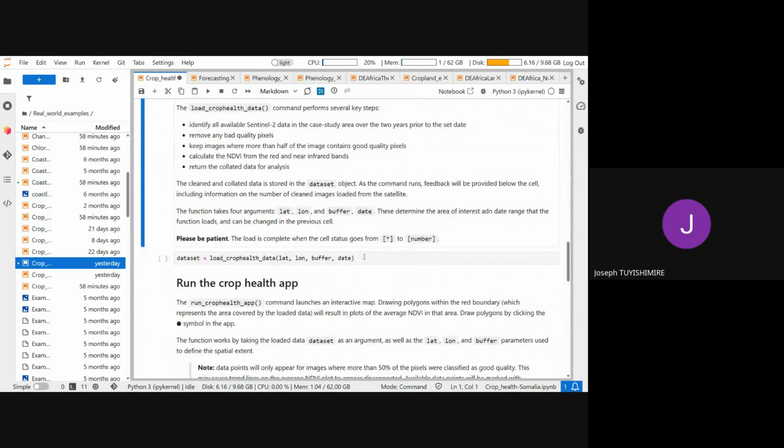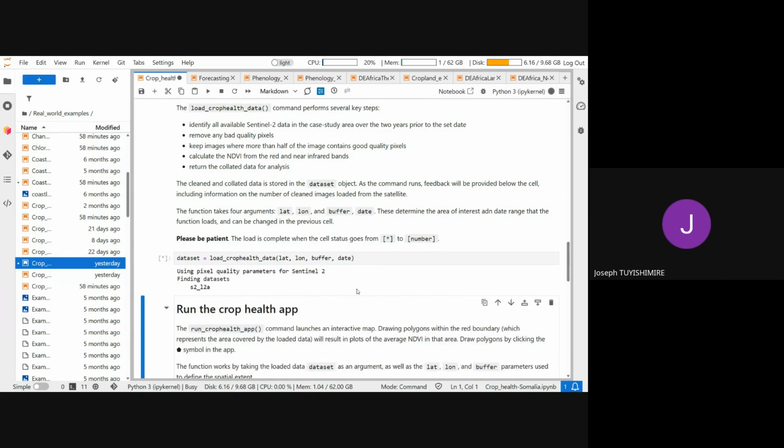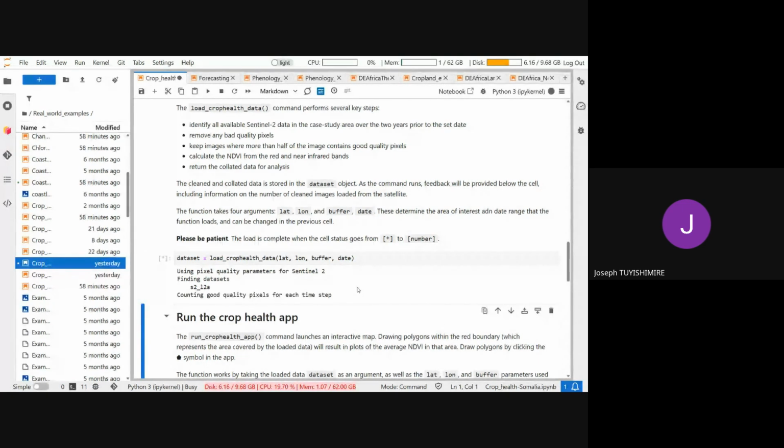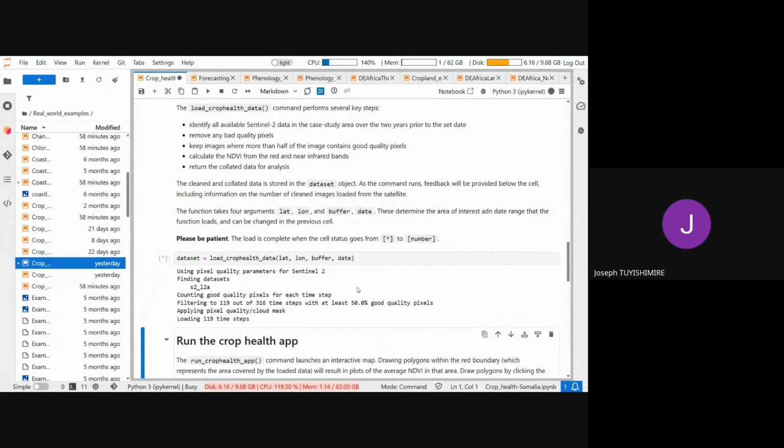And you can also run the data sets. This may take longer because it is assessing the cloud cover for each image, and trying to keep only images that meet the condition of having a cloud cover which is less than 50%.